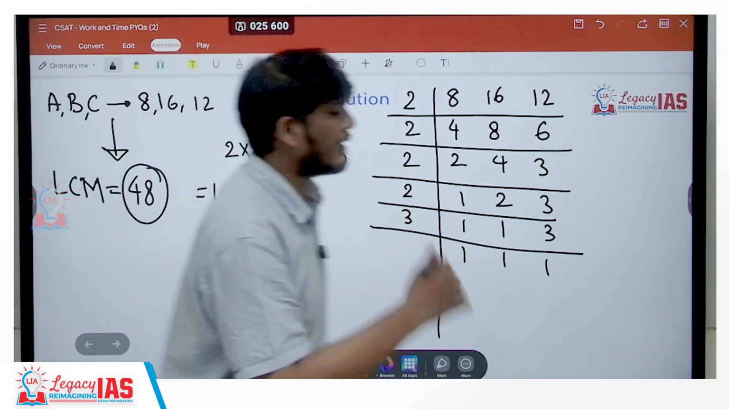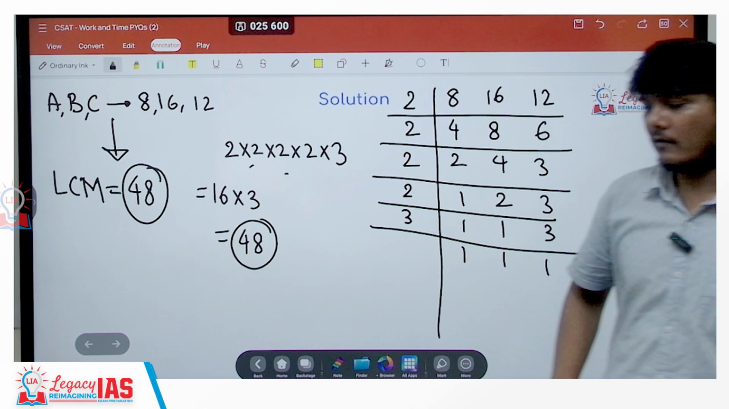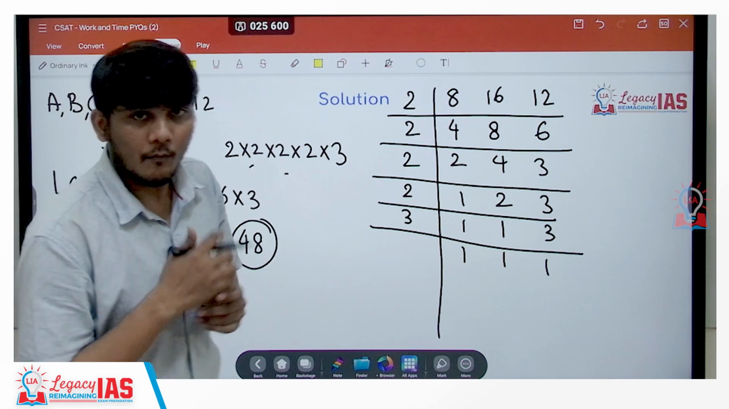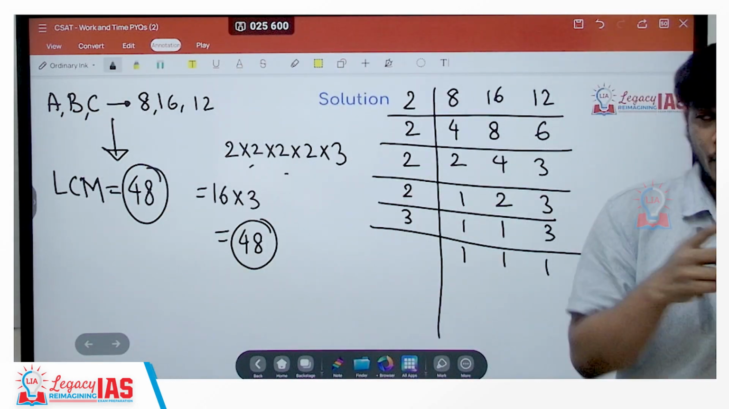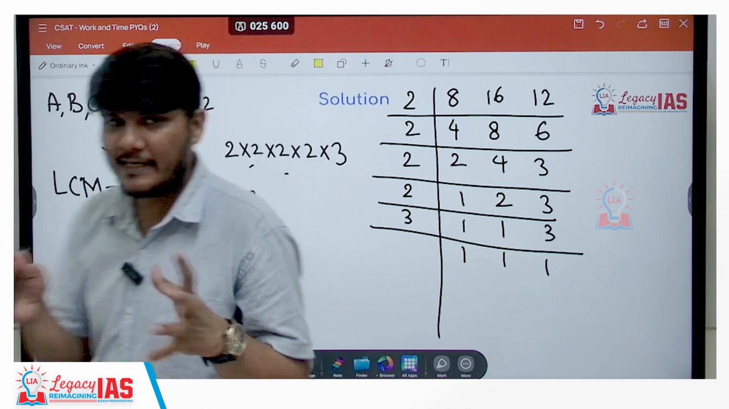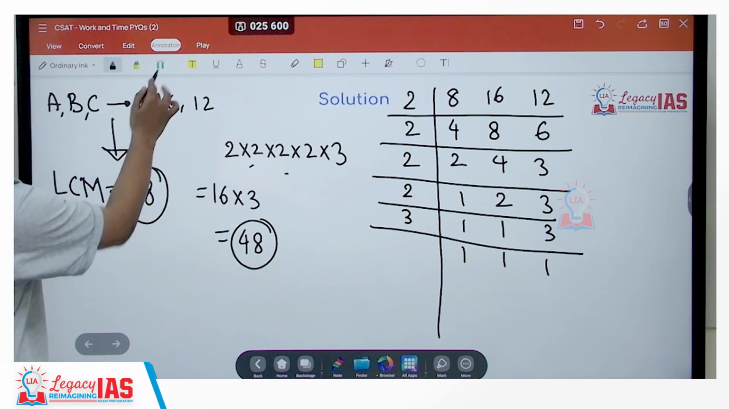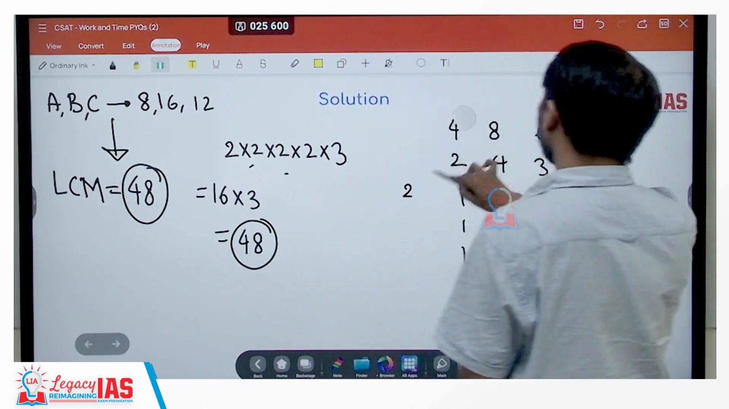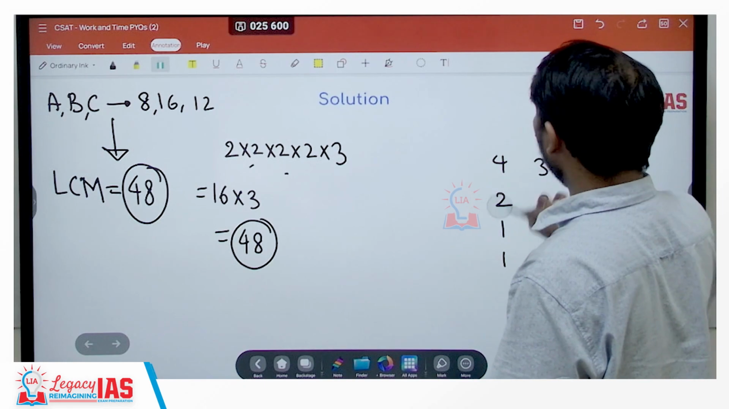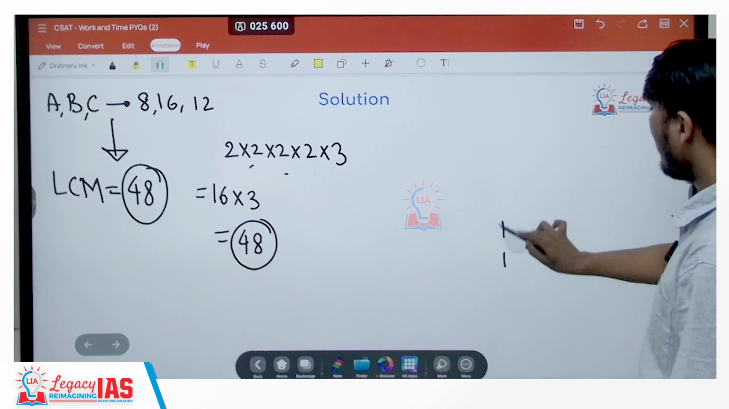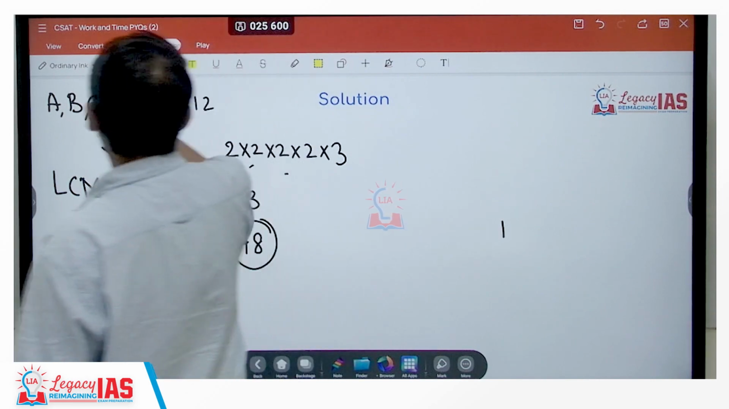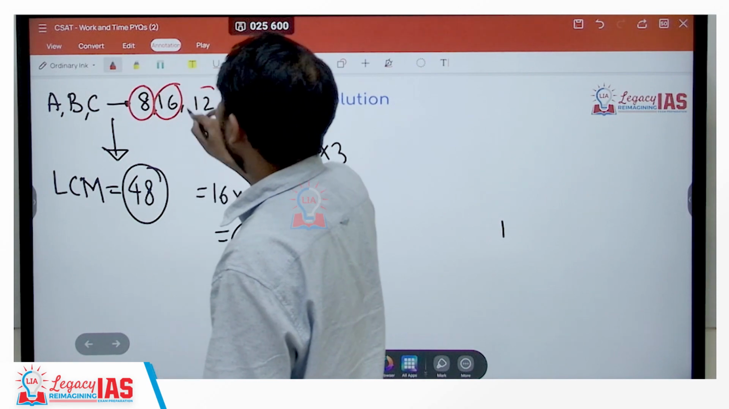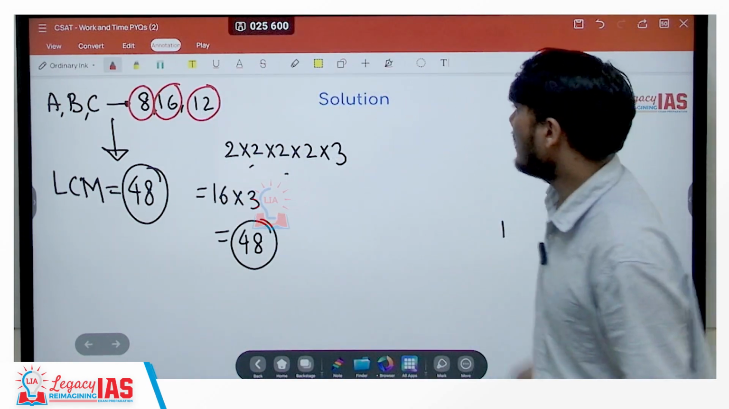Since the LCM is 48, we will assume that one complete work equals 48 units. One complete work we were taking as 1 unit earlier, but now, since we have to use the LCM, we will take the entire work as 48 units. Now we know that A does the work in 8 days, B does the work in 16 days, C does the work in 12 days. Therefore,